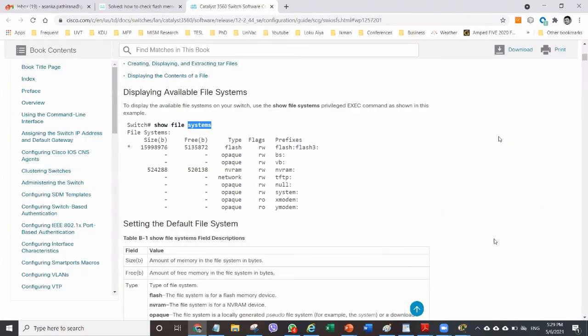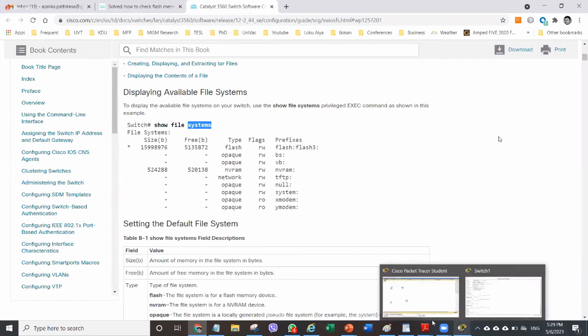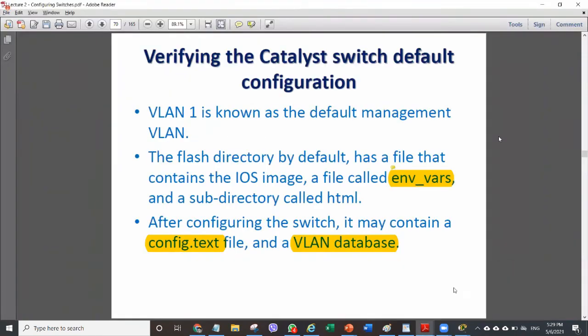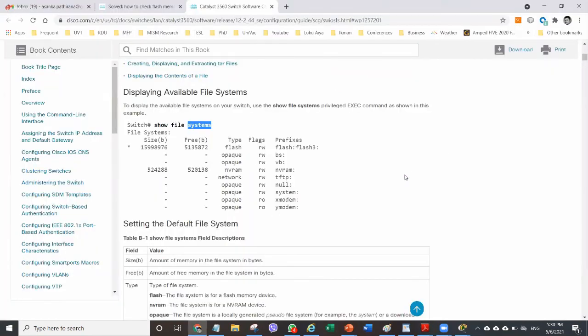Show file systems will not work in that particular switch as Tarinda mentioned. So ENV VARS, is that the